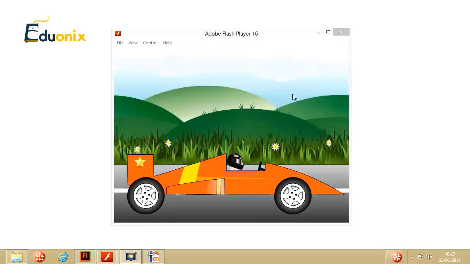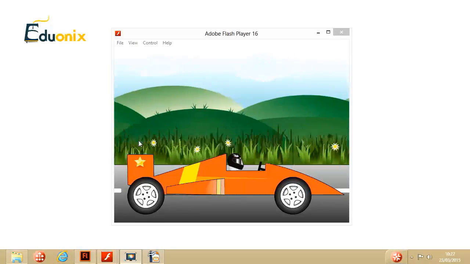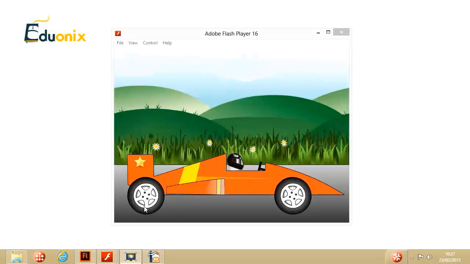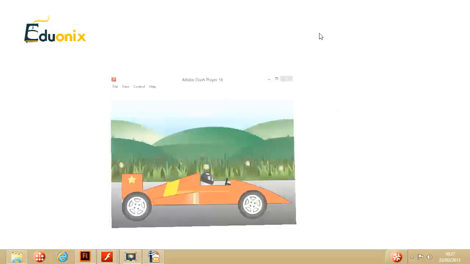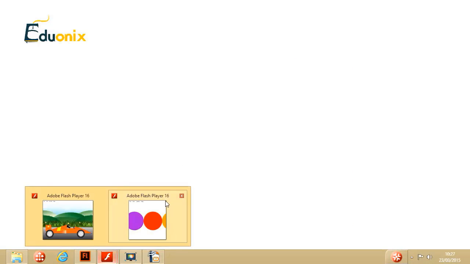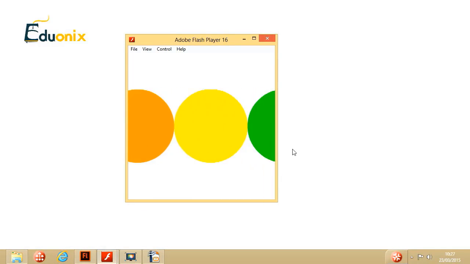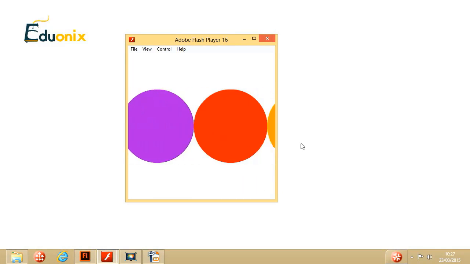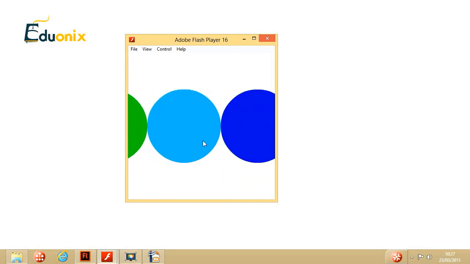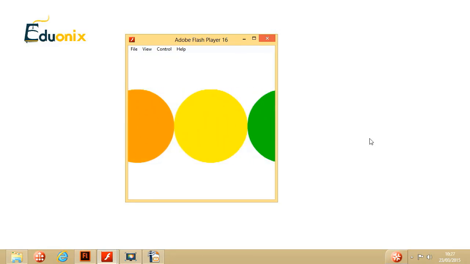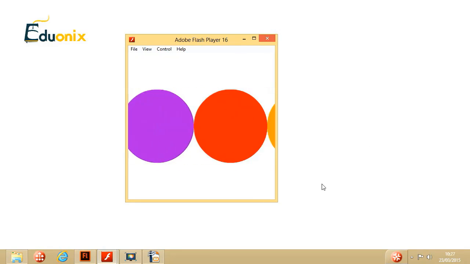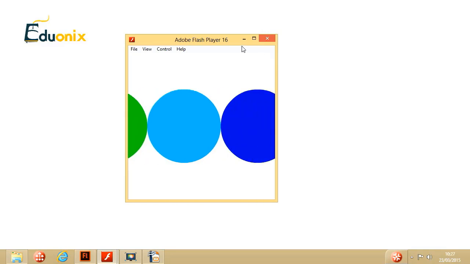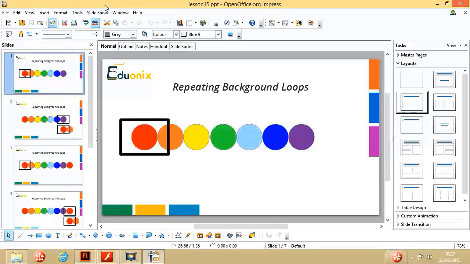So I'm going to show you in this lesson how to achieve a background loop effect. And to start with, I'm going to show you a more simple loop, which is a series of colours going past as a kind of rainbow of circles. So I'm going to start by looking at a slide